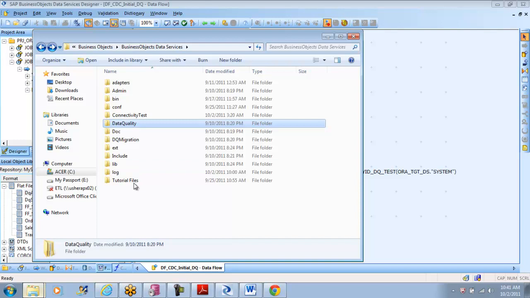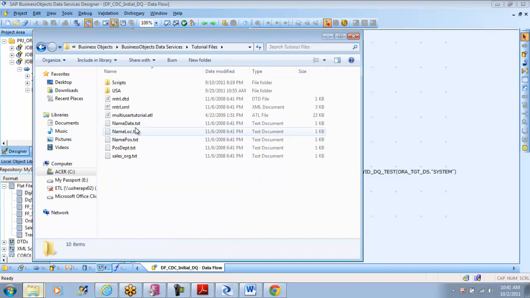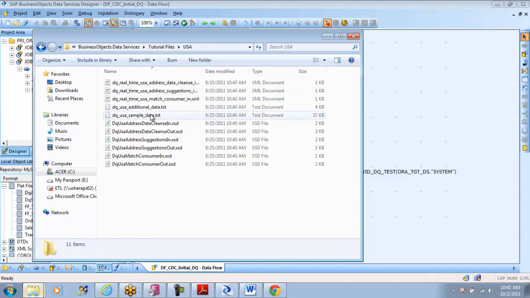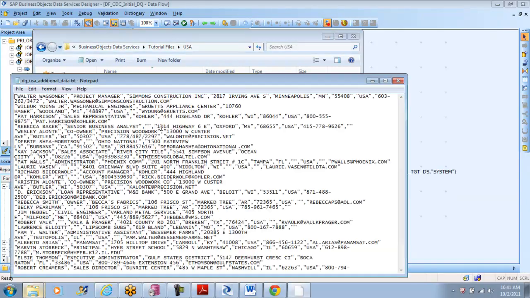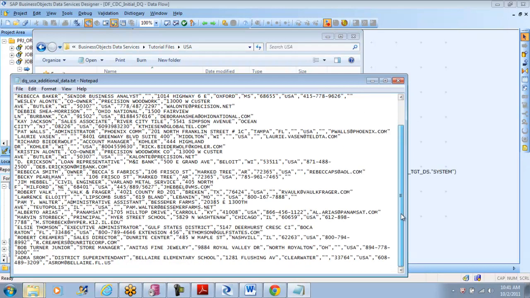In my tutorial files, though it says data is available only for United States, I'm going to modify this file, guys, just to understand if it is going to do it for any other country than United States. So instead of USA, I wanted to give IND, and somewhere else I wanted to give,